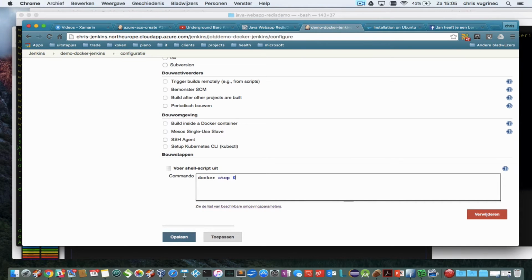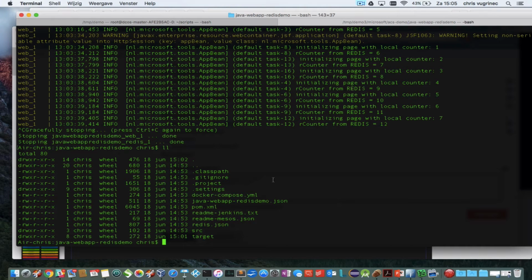I'm just saying, okay, any Docker instance which is running at this machine, I'm just going to stop it. And I'm going to clean the stuff up. And for this Redis, Java Redis thing, readme Jenkins,